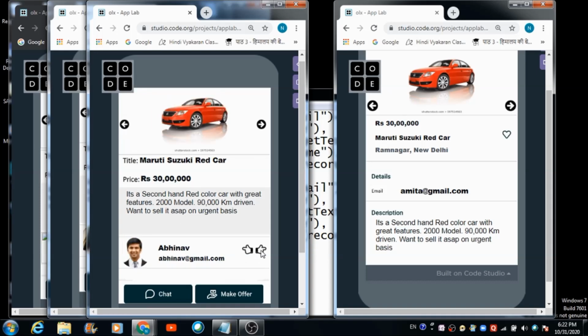Similarly, if I hit this button, the profile is going to get changed. Now let's see what's gonna happen here. Abhinav uploaded a green color car, so it is also visible to us right now. Fine, all the pics are visible to us, the title, the price, and everything. Now suppose